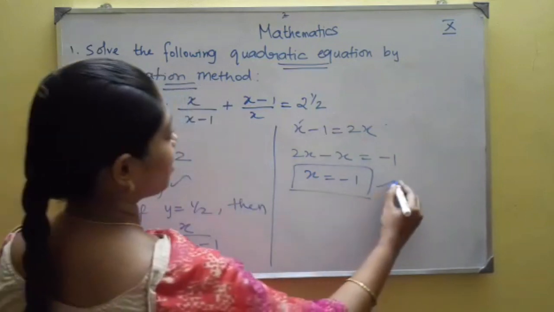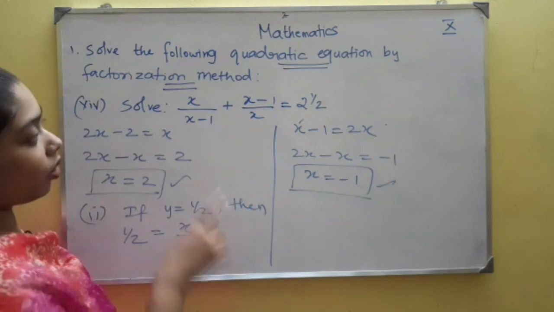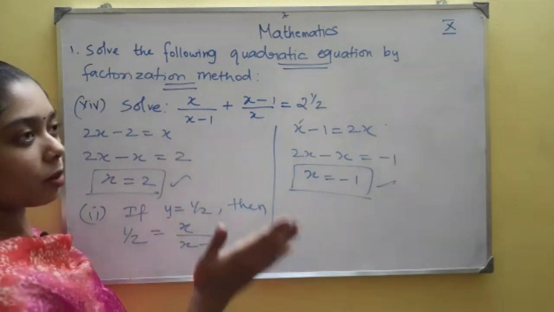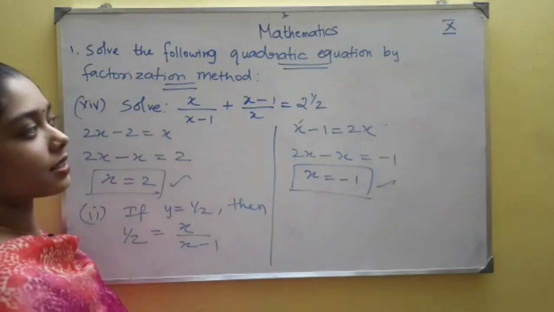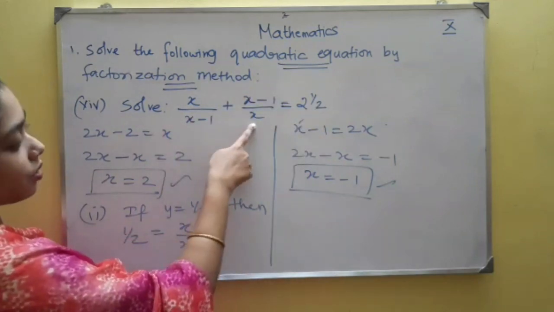So I got two values of x from here because they ask us to find the value of x, not the value of y. Many people stop the problem at finding the value of y itself, but they ask you to solve for this equation. The unknown variable here is x. So you are supposed to find